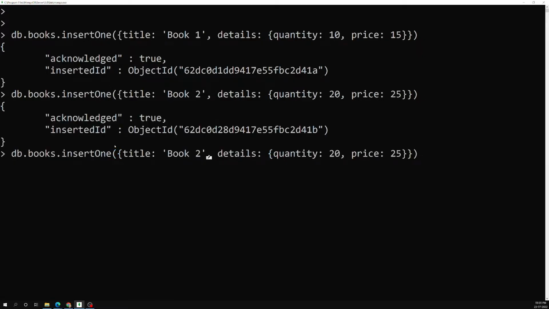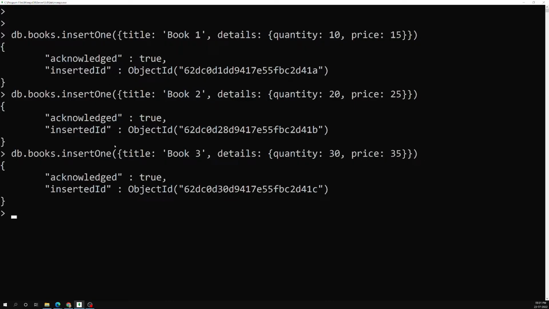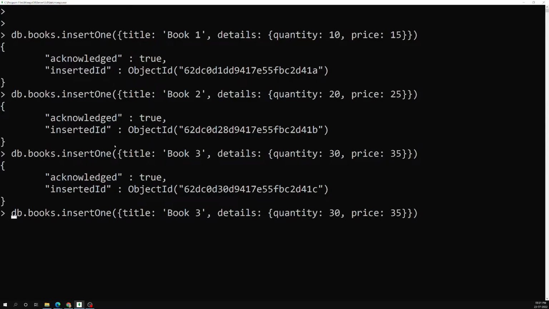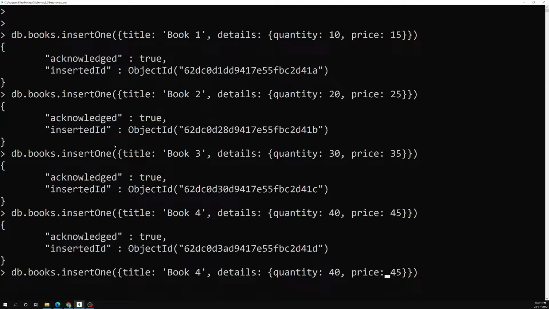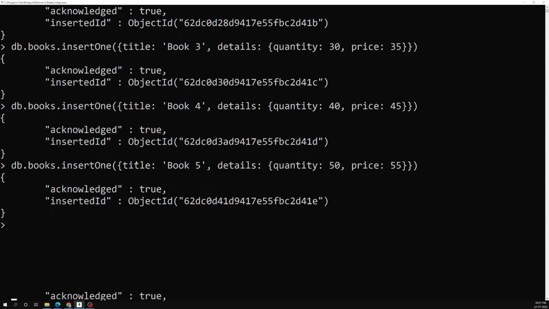Another one is book 3, with 30 and 35. Here I can use book 4, with 40 and 45, and let me add all these details. Then 50, and book 5. That's it. If I try db.books.find().pretty()